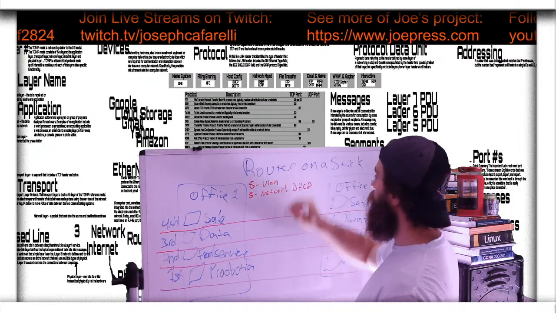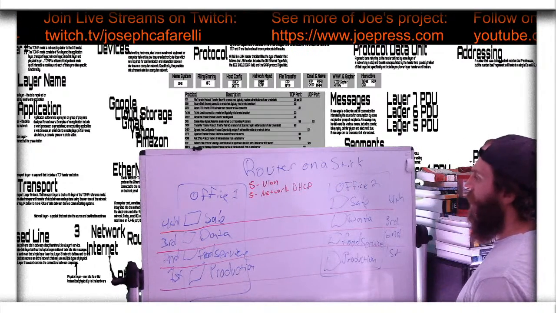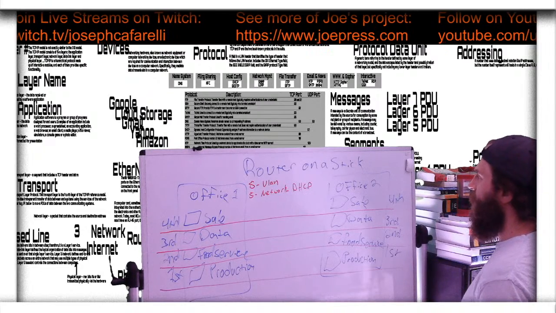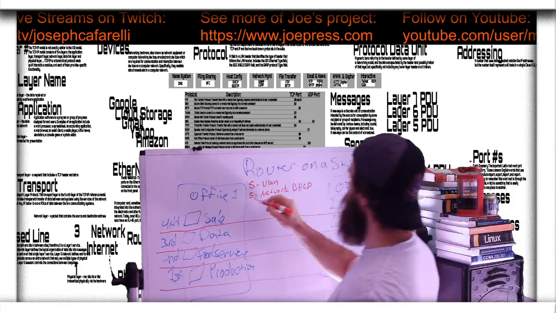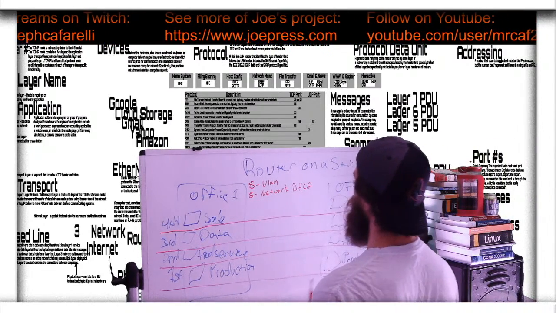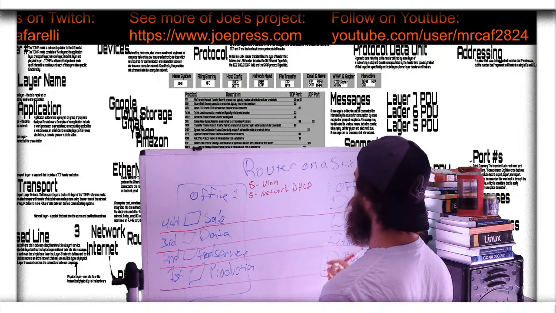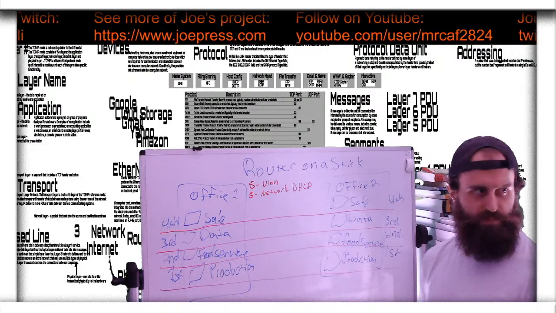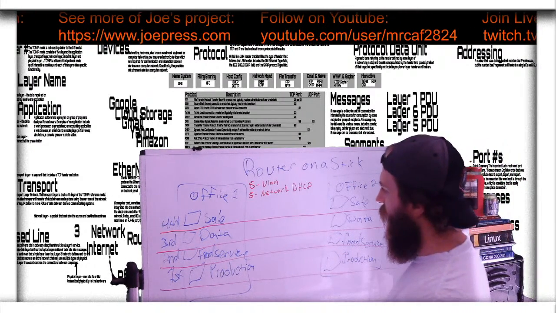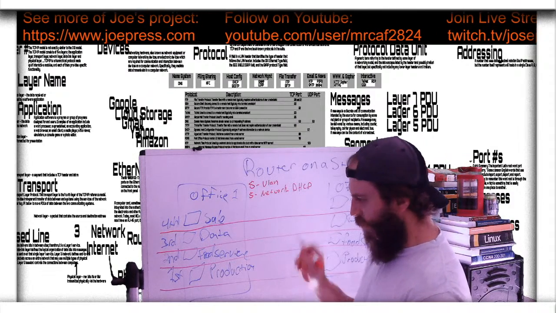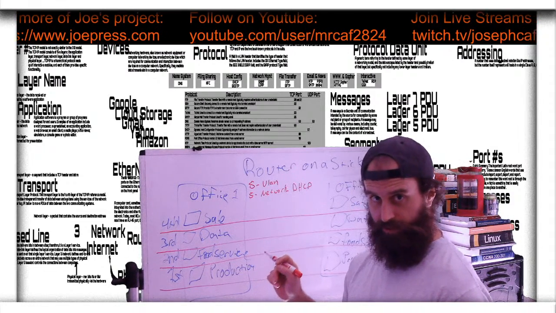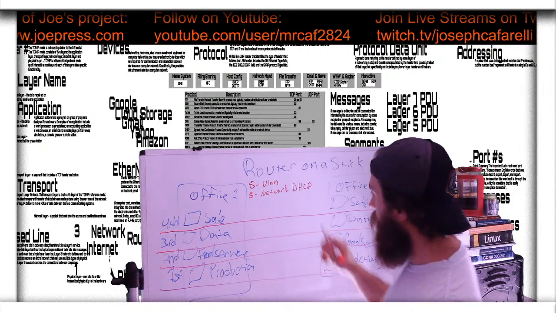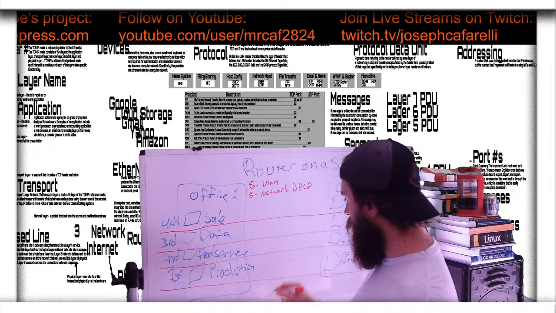DHCP. We're going to keep this real simple, and we're going to be using the switches as layer 2 switches. So in Office 1,